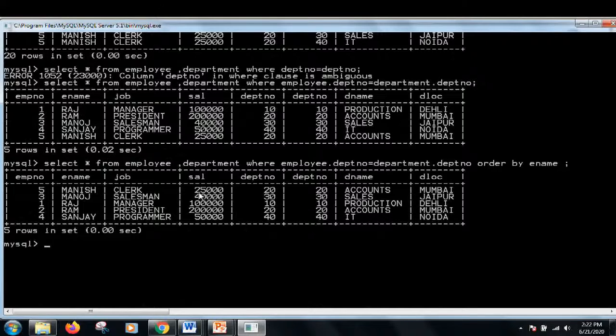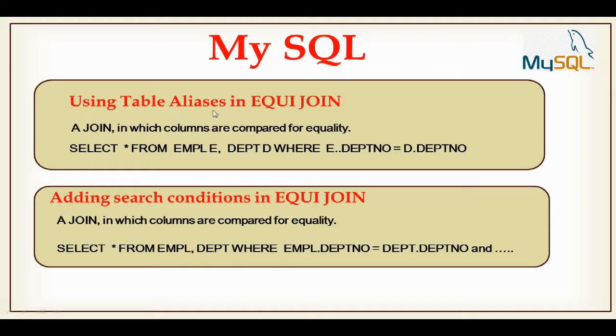So this is how combining the two tables will give you the required information which you want. You can use group by and every other operator which you have learned on a single table on this joined table as well.